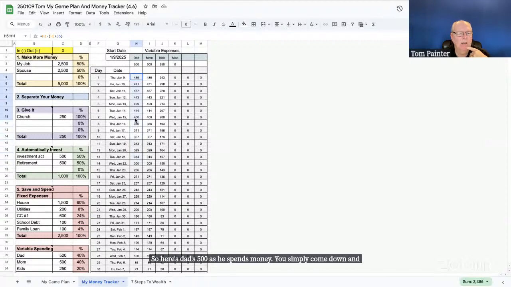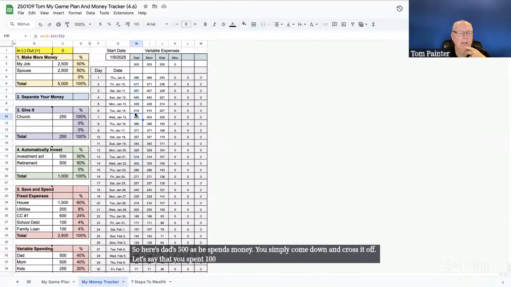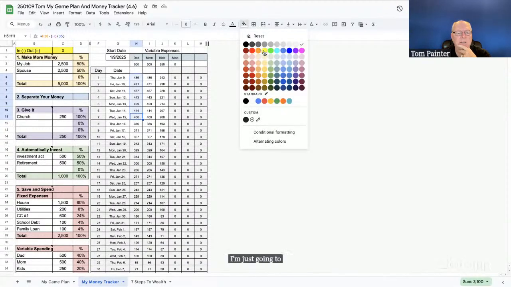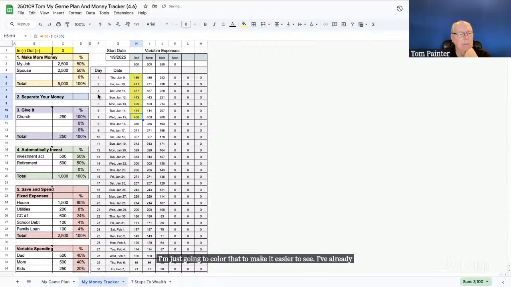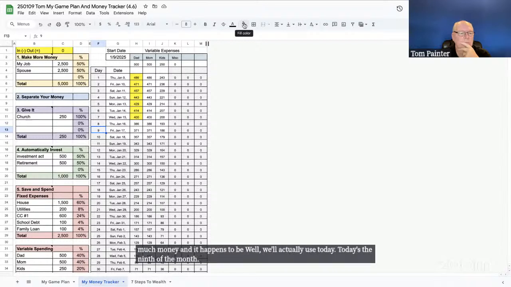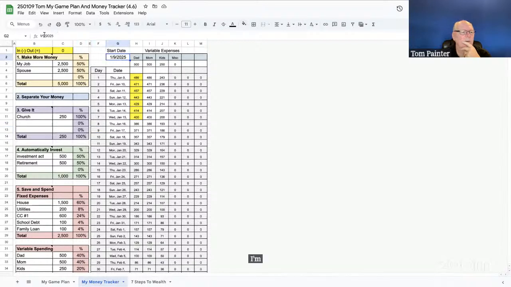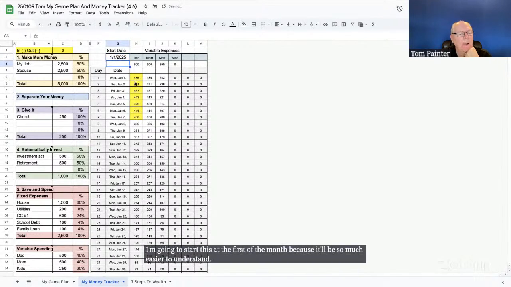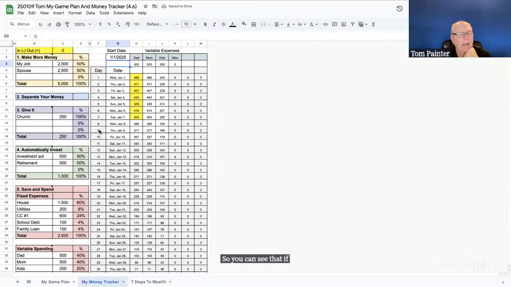Let's say that he spent $100. Great. So I'm down to here. I've already spent that much money. I'm just going to color that to make it easier to see. I've already spent that much money, and it happens to be, well, we'll actually use today. Today's the 9th of the month. I'm going to start this at the first of the month because it'll be so much easier to understand. So you can see that if we started this on the 1st and today's the 9th,